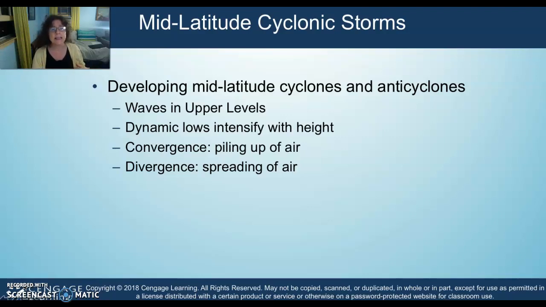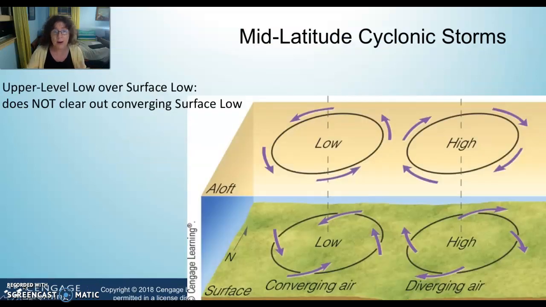And you've seen that these are surface lows that can extend up to the stratosphere, that certainly intensify with height, and that are dependent on convergence and on divergent air. I wanted to say what these cyclones are not, because it's also important. If you had a surface low with converging air topped by an upper level low, that would not sustain a strong storm,